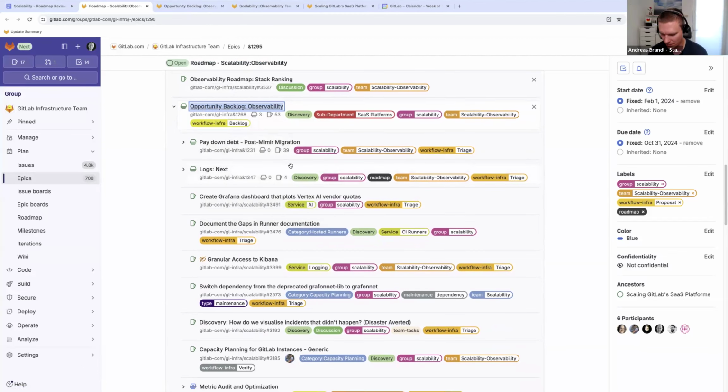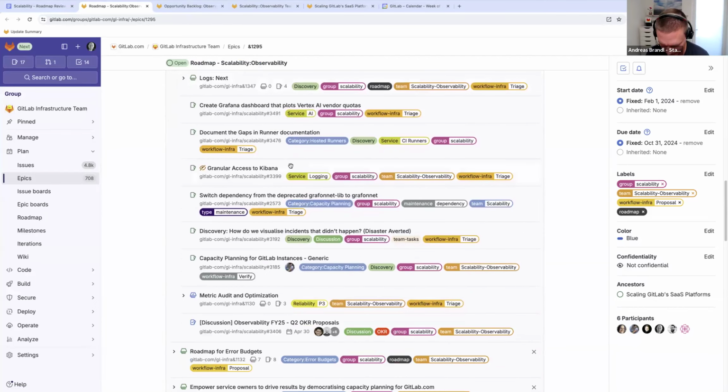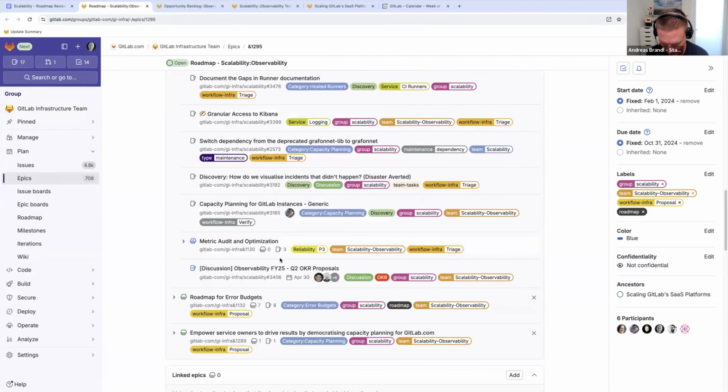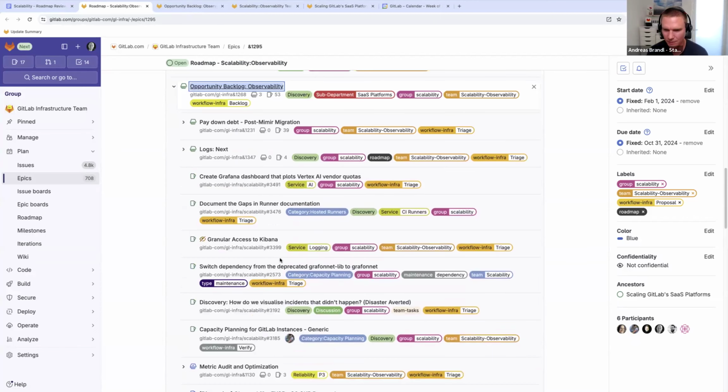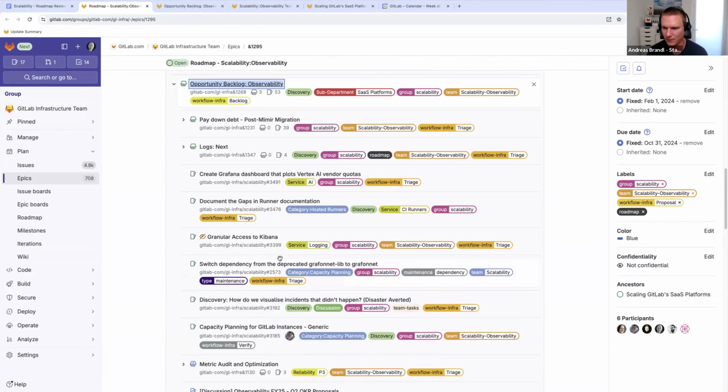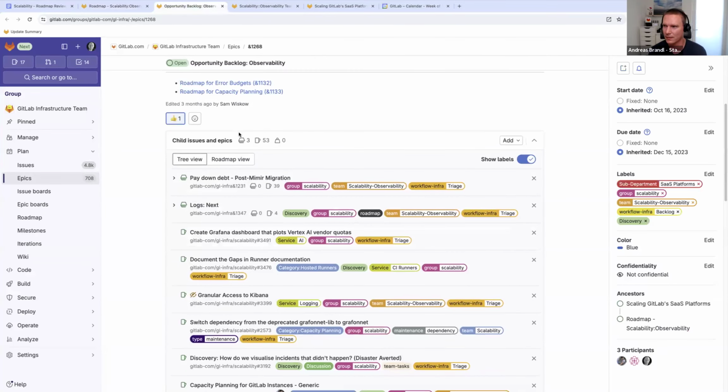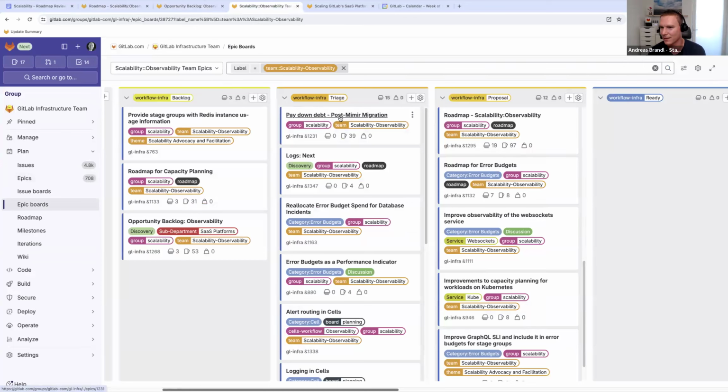Yeah, I really think it needs to become part of our routine as a team to discuss epics that are in triage and put forward proposals. And in order to focus that process and help us understand where we should be having that input, I think it would make sense to say that things that are in triage, things that are in proposal, we need to spend time on progressing them to the next stage.